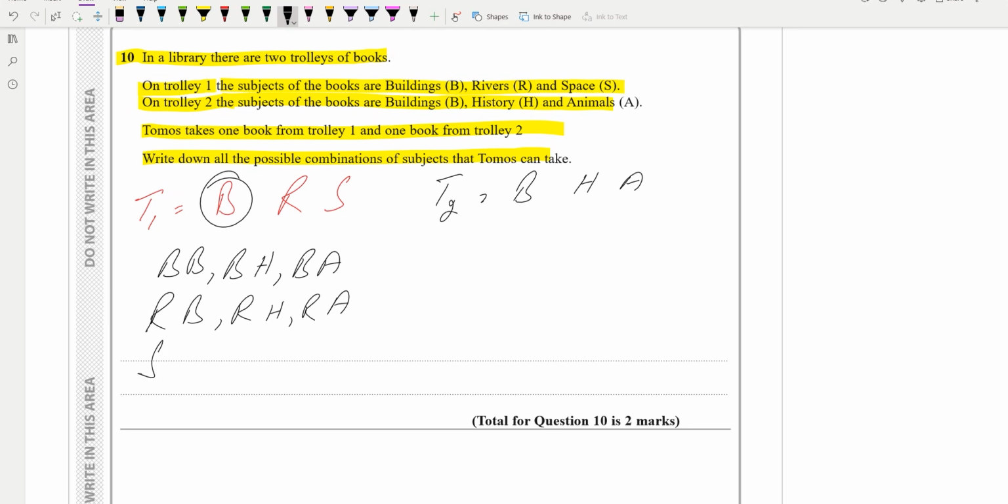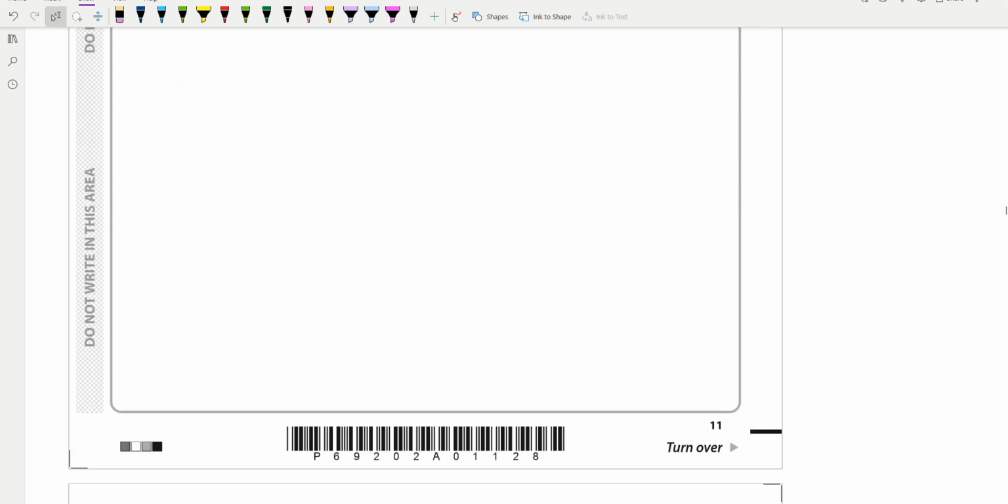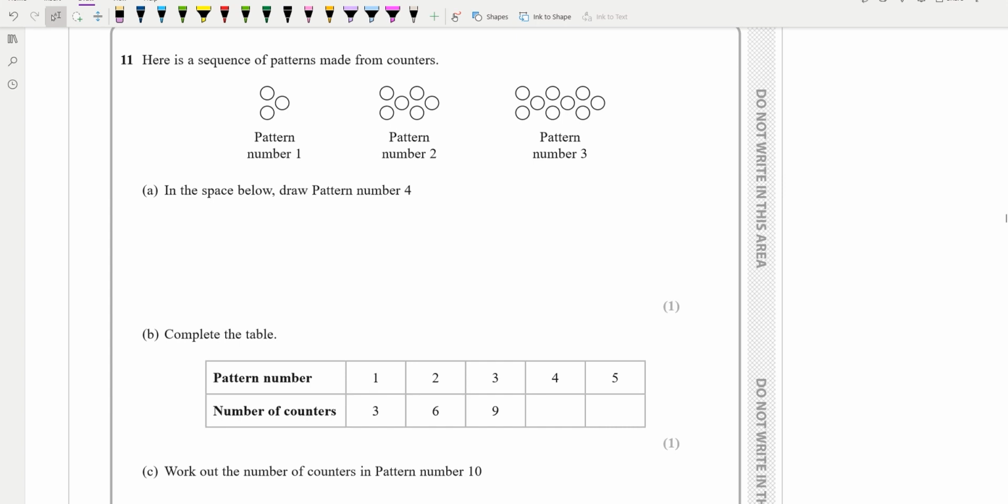and S with B, and S with H, and S with A. These are the 9 combinations, and this was for 2 marks. Hopefully you understood this. Now we can go to question number 11, and question number 11 says